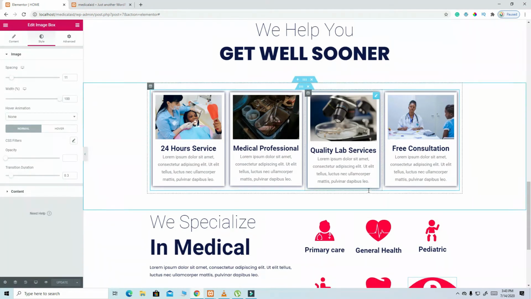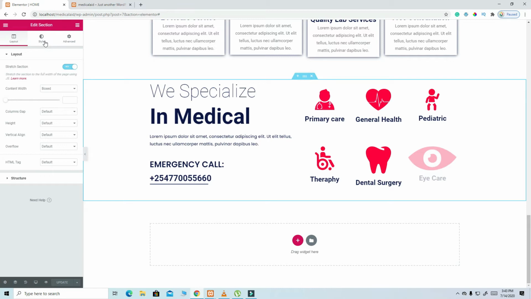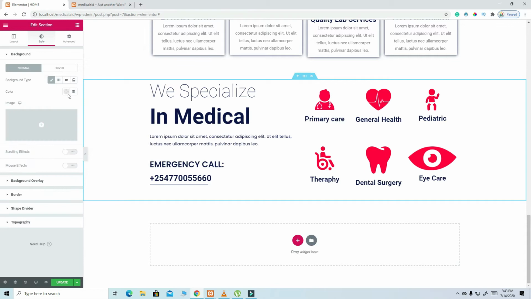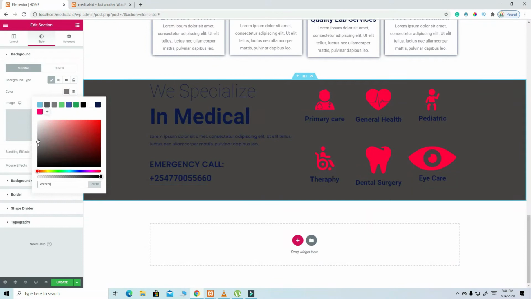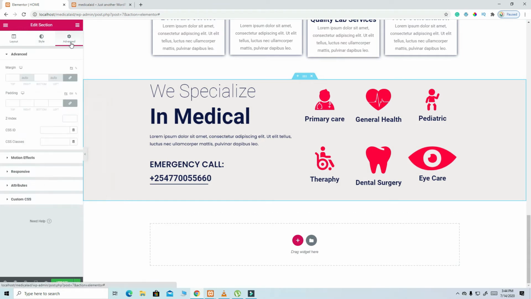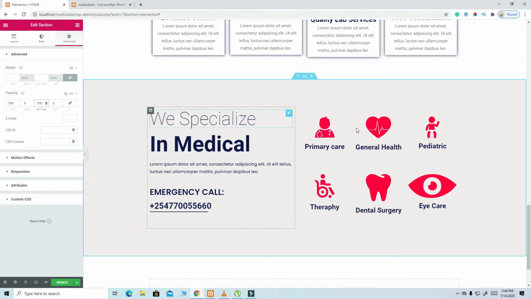and then here, this part here, I'm going to click here, and then I'll click here on style. From the style, I'll select here background, then the background I'm going to select a color, and then I'm going to bring this one like this, like that, and then I'll click on advanced, click on padding, then the top part I'll make it 100 like that, and then the bottom part also we are making it 100 like this. Now it's looking